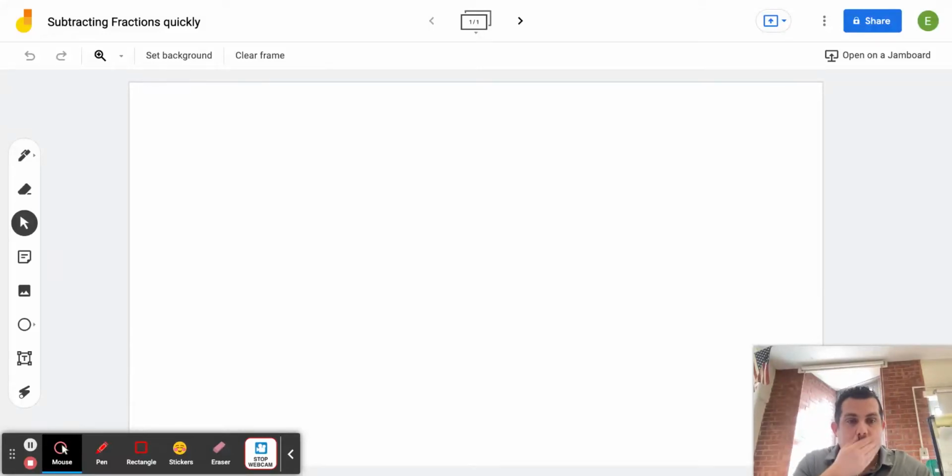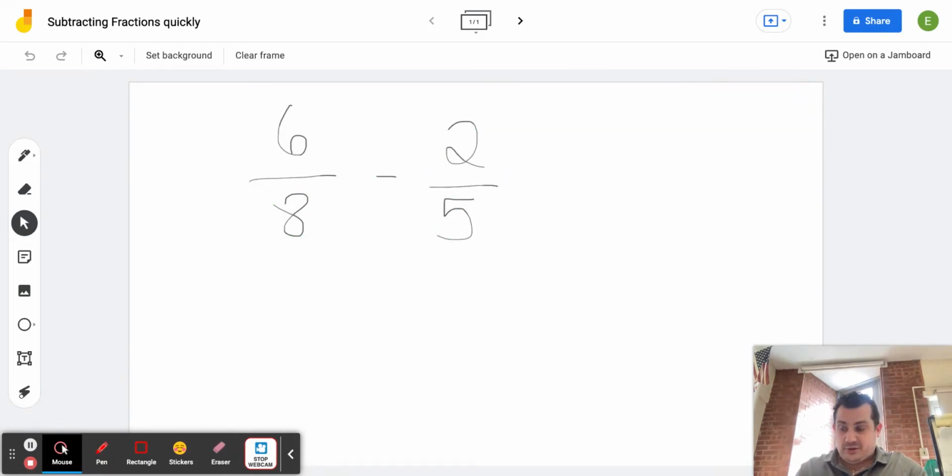Okay, so we're going to go over how to subtract fractions quickly. To subtract fractions quickly, I'm going to start here. Let me pick a color. Let's do 6/8 minus 2/5. When we do 6/8 minus 2/5, the first thing we still want to take